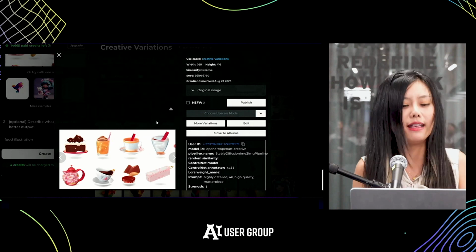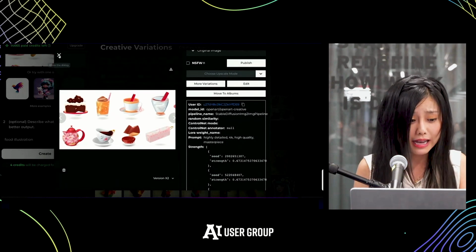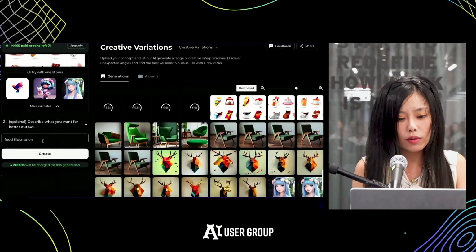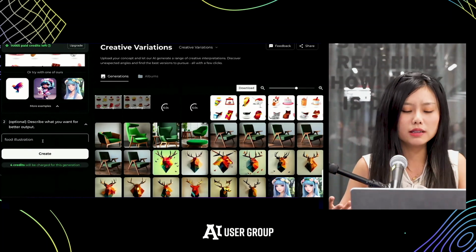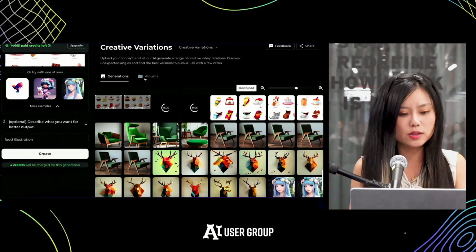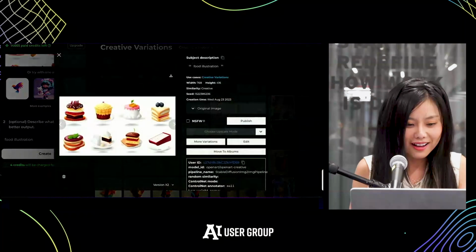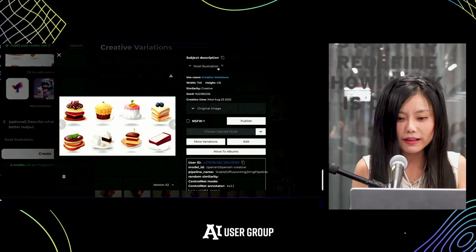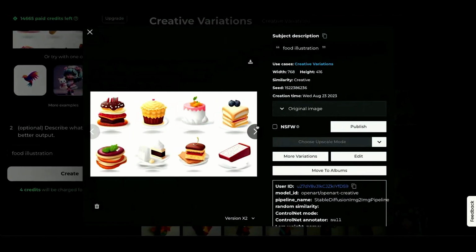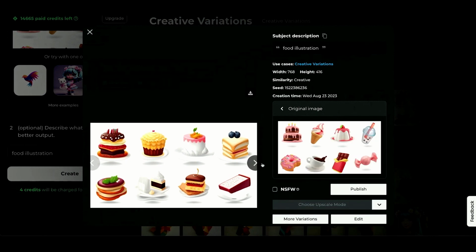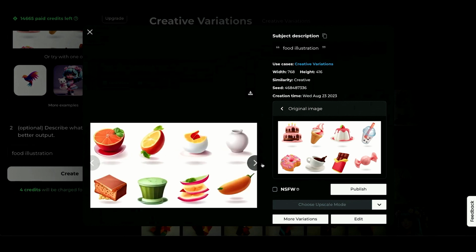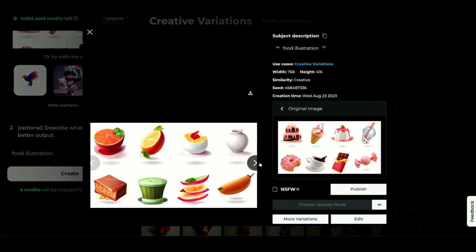If it's getting too wild, you can just guide it with simple prompts. But again, we really want to emphasize that you don't need complicated prompts for all of these tools. Oh, way better. As you can see with food illustration, these images are getting way closer to the categories that we want. So as you can see, you really save a lot of time ideating or brainstorming.